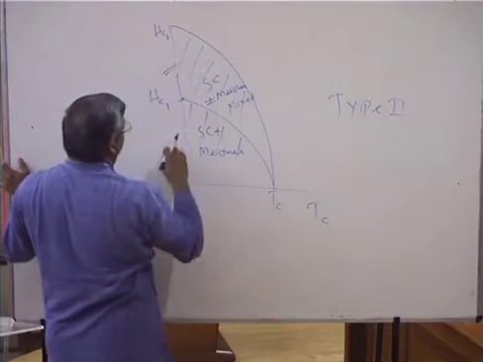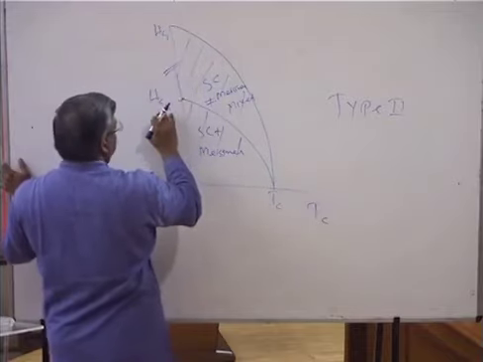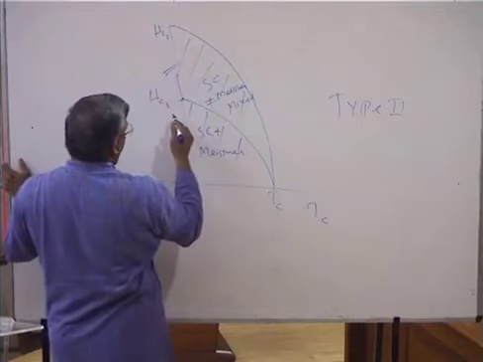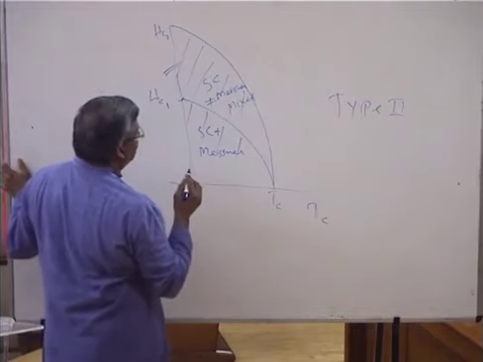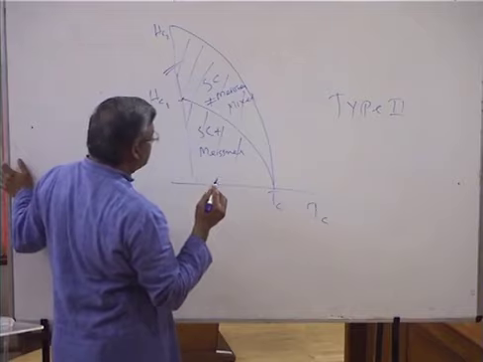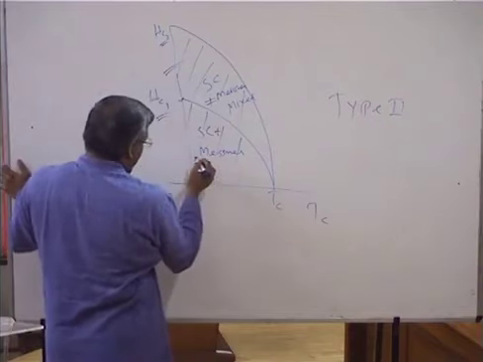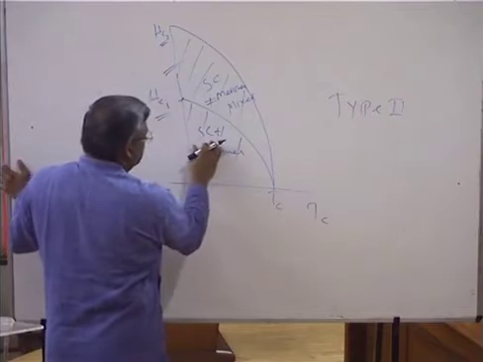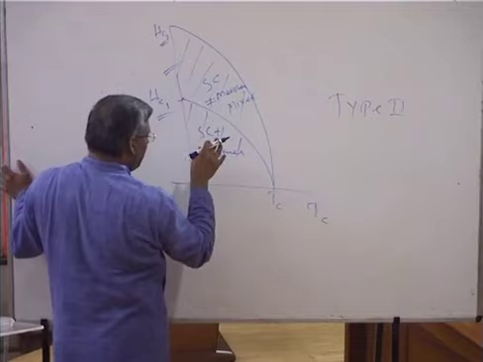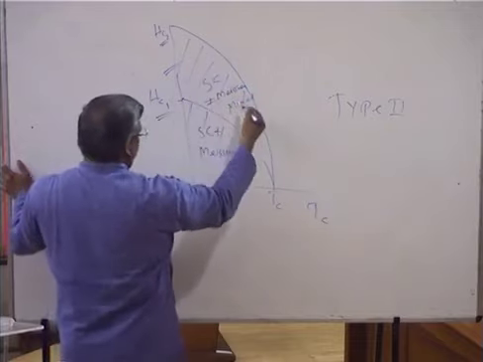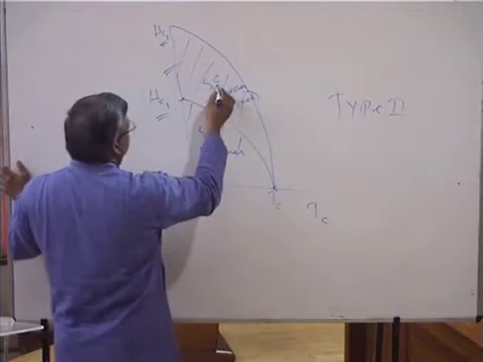I just broke the axis. I will tell you the reason why. Because HC2 will be at least 1,000 times above this HC1. Therefore, I'm not drawing this graph according to scale. That's why I broke it. But, more importantly, what we find here is an interesting type of material which will have two critical fields. Below HC1, the first critical field, the material is electrically superconducting and magnetically Meissner, which means it's superconducting and perfectly diamagnetic. But in the region between HC1 and HC2, critical temperature being the same, you find